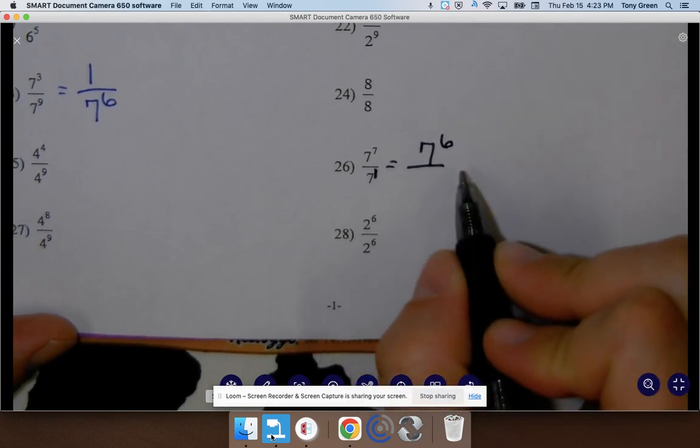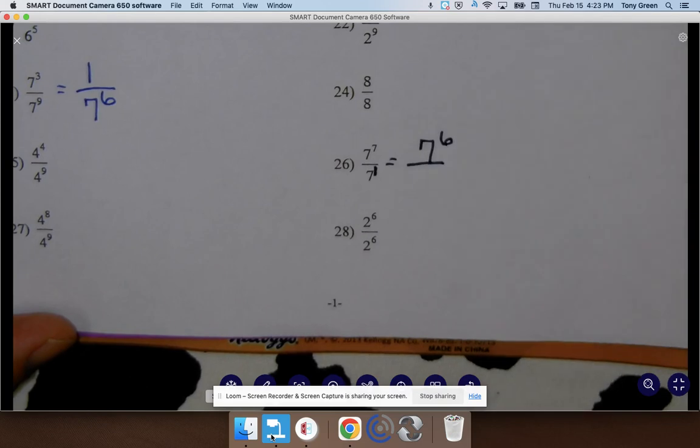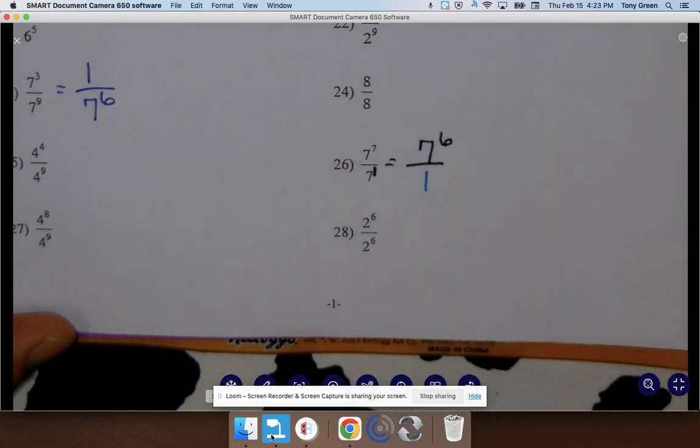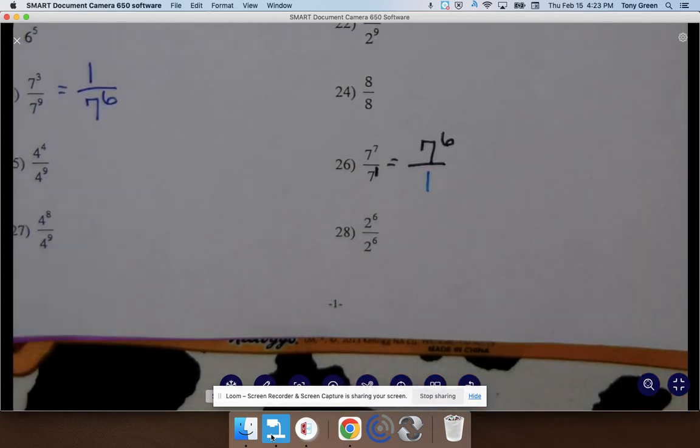Now I did the fraction bar. I didn't need it. You don't have to put a 1 in your denominator, but you can add a 1 in your denominator as a placeholder if you want, or you can just leave it as 7 to the 6th power. All right, so that's how you do the whole